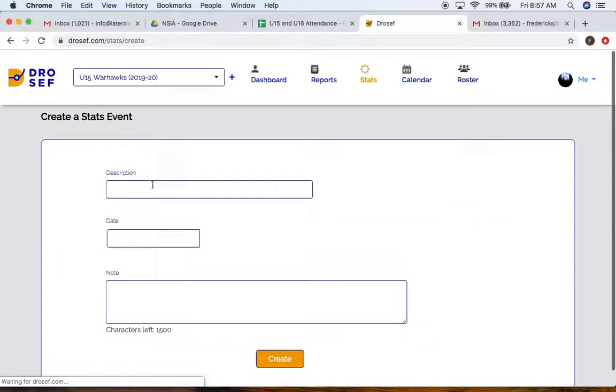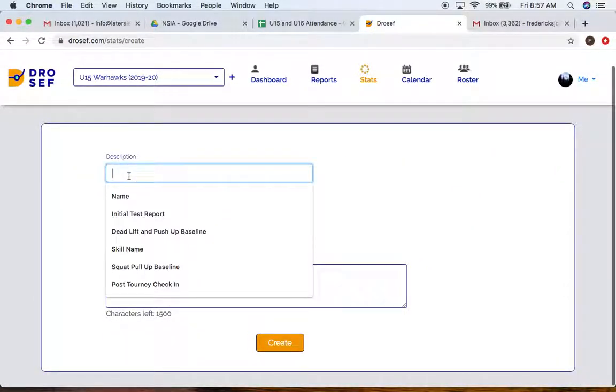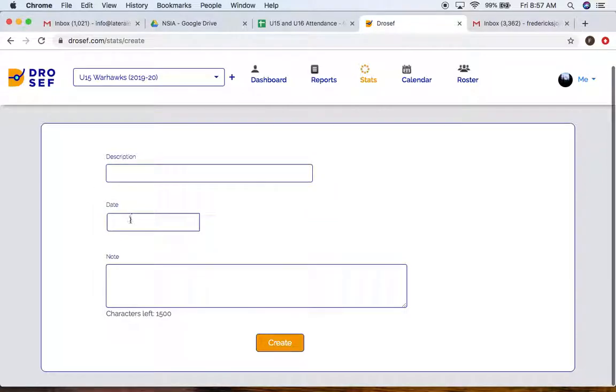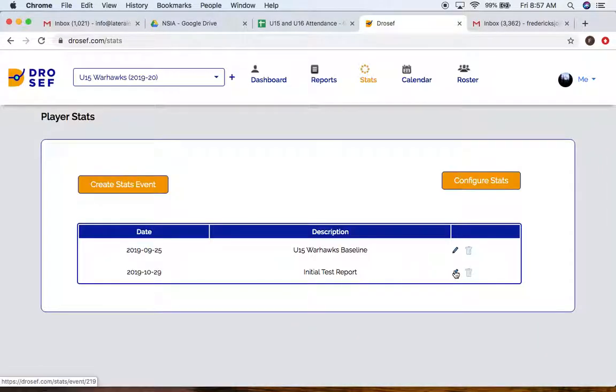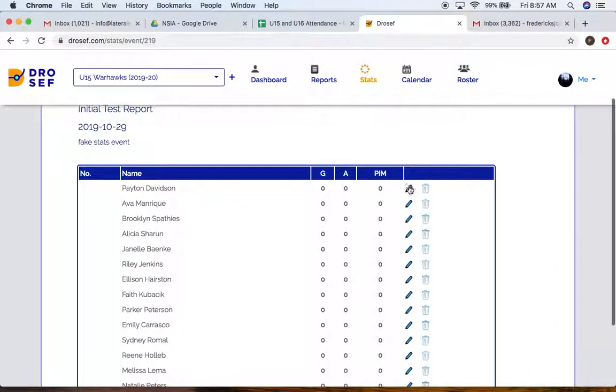You would create a stats event. You would come in here, Bruins U15 seed round game or league game or whatever you want to give it a description. Put a date for the game. Give a note, 5-2 win or whatever. And then you create that. Here, I'll just give it a fake and then I'll delete it. Fake stats event, create, and then what you're going to do is you're going to go in there and click the pen,